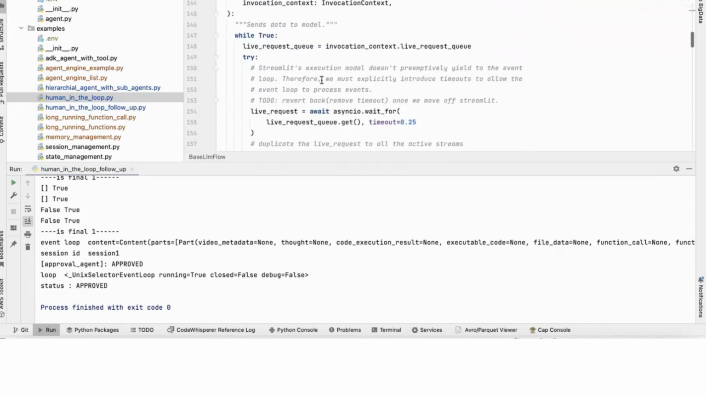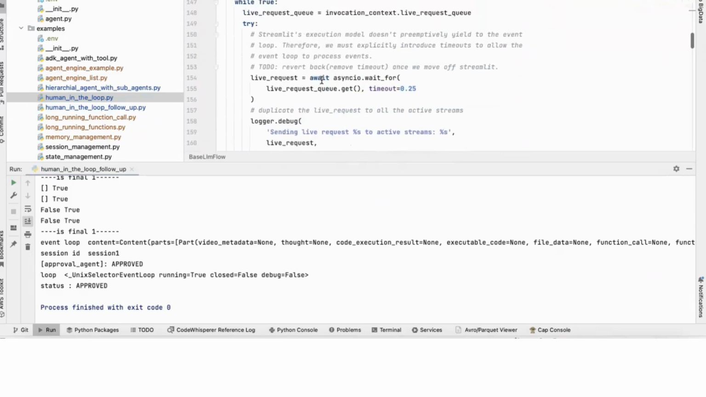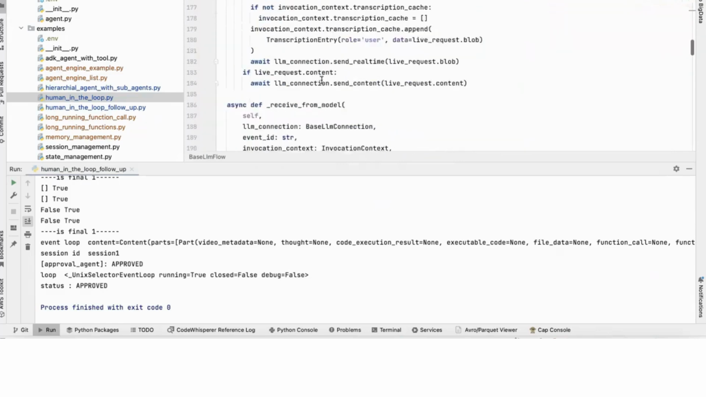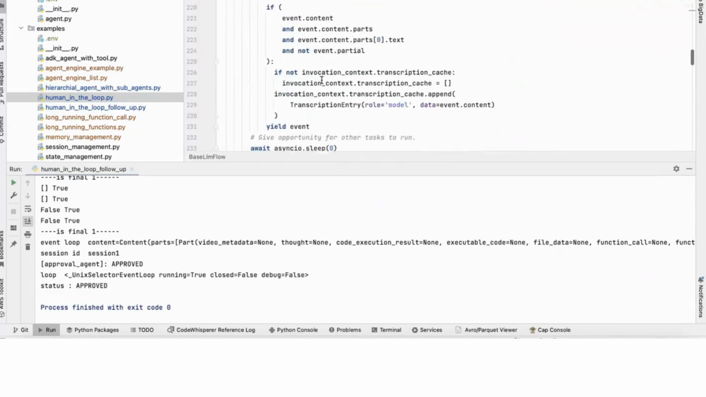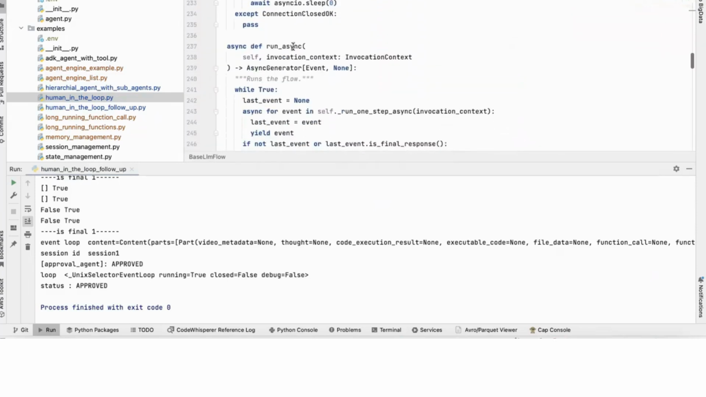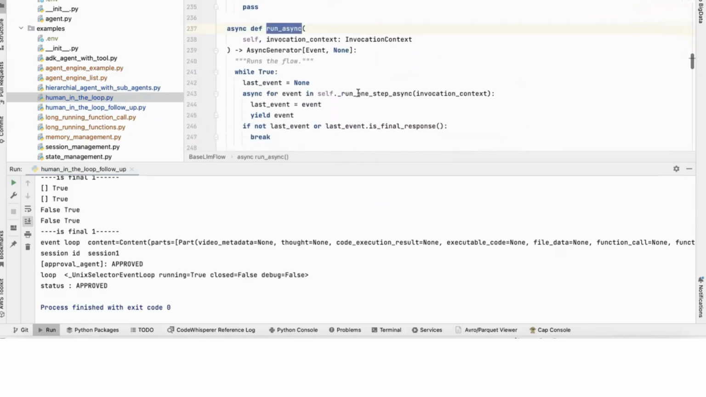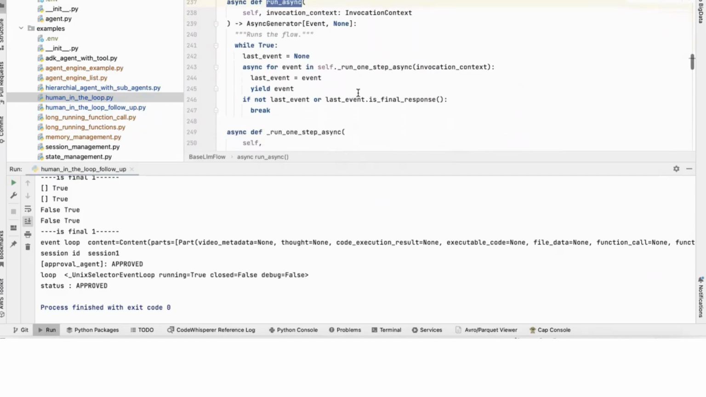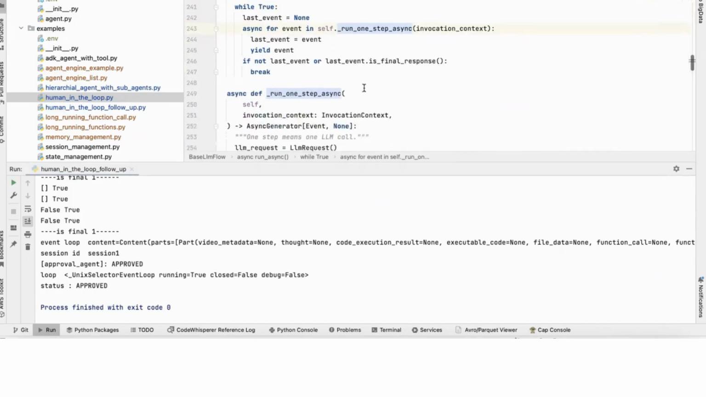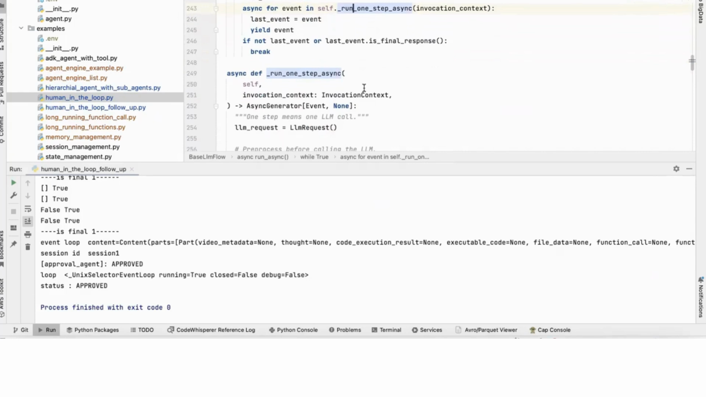Where did it go? Let me go here. While true, not this one. It is a little down. Run async, right? This is what now triggers the event loop, right? So here, see, it's a loop, while true, run one step, which means it is calling the LLM here, right? And